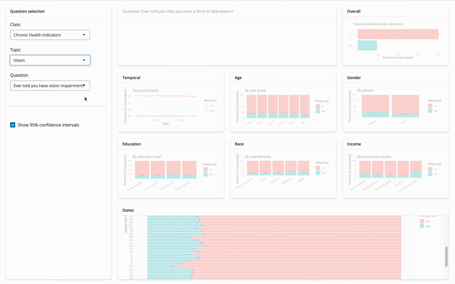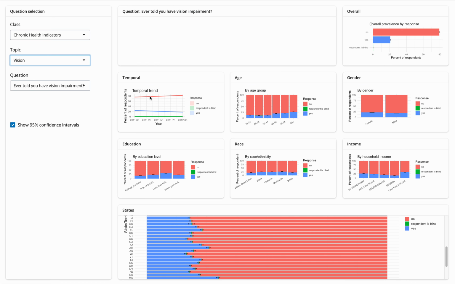Let's look at vision. Over the course of your life, you tend to develop more vision impairments, and this fits into science as we know it, because around your late 30s, your vision starts to degenerate. As you can see, 35 to 44, and then 45 to 54. Right after your late 30s, it's getting worse and worse.